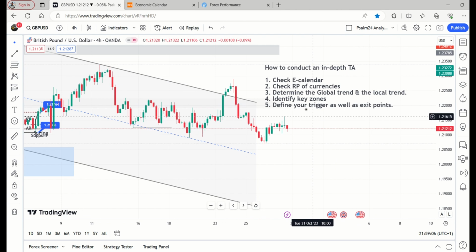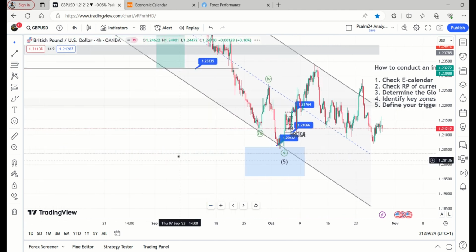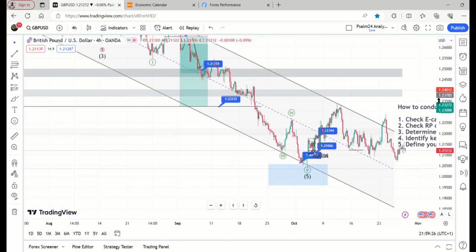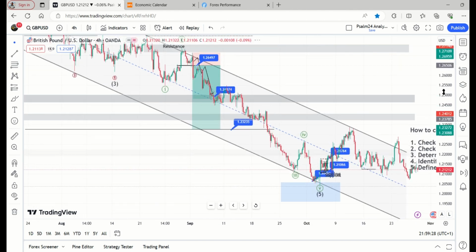And this may require that you subscribe to Bloomberg or any other news source. So when you identify the prevailing trends, it's going to help you to determine the market bias. Okay, so let's do an example here. The global trend on GBP USD is bearish,